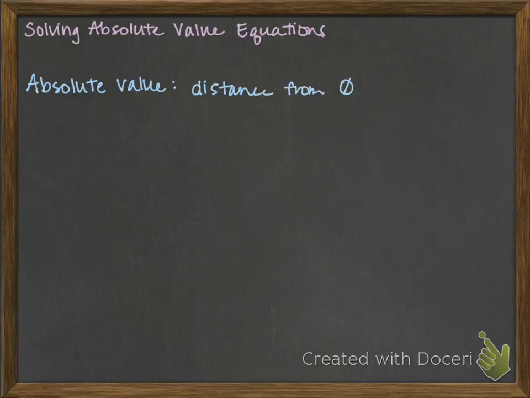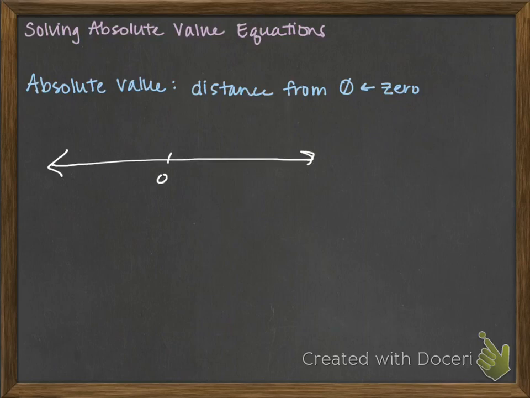All right, so let's make sure we have this in our notes, please. Go ahead and pause this video and write down the definition of an absolute value. All right, once you have that in your notes, let's talk about what it means when I say the distance from zero. So if we take a look at a number line,